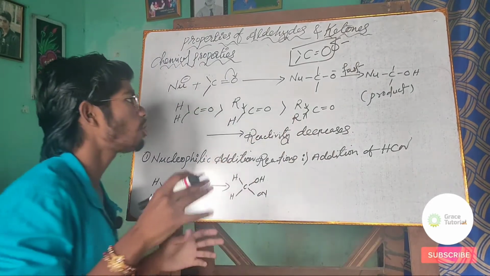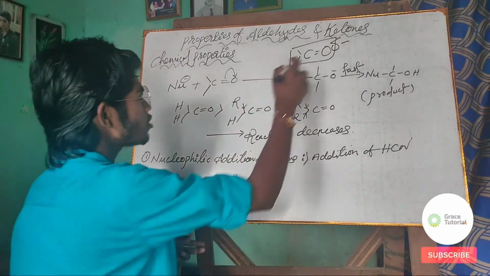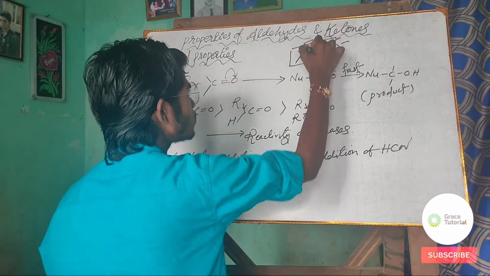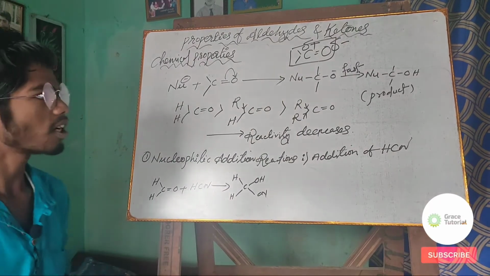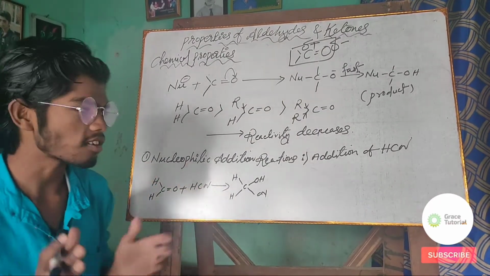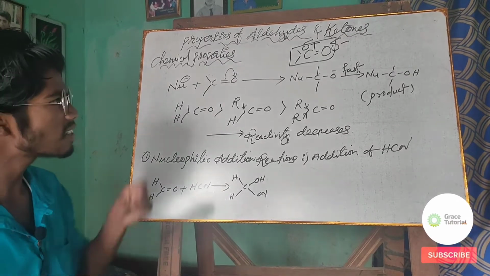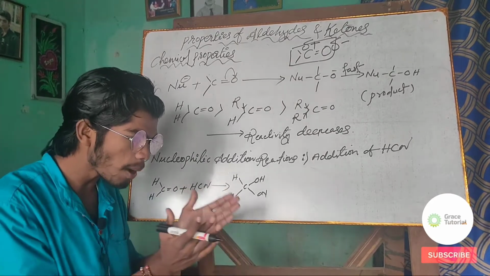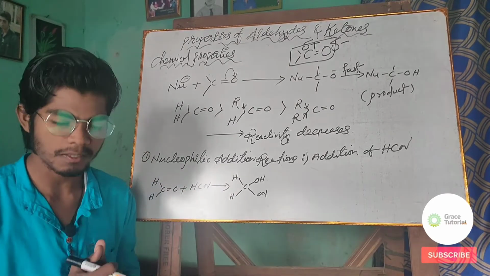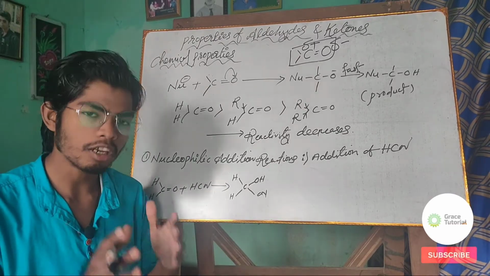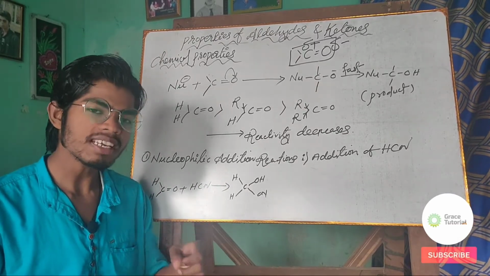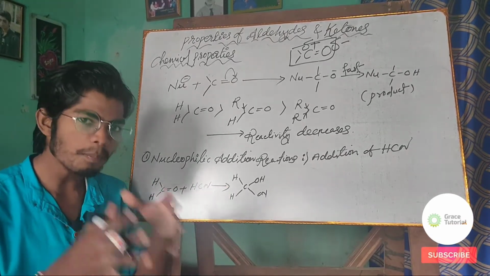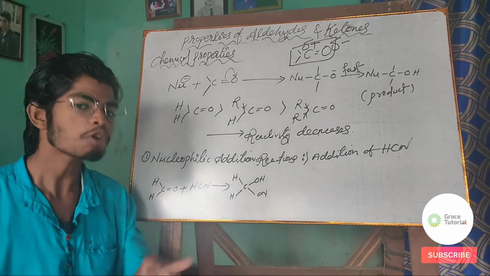As a result, a slight negative charge is created on the oxygen atom. Similarly, the carbon loses a share of the electrons, so a slight positive charge is created on the carbon atom. That means the polarity increases, and this is a polar compound. So we had to discuss initially what we mean by polar compounds and non-polar compounds. The compounds are said to be non-polar if the electrons are equally distributed between the two atoms. On the other hand, the compounds are said to be polar if the electrons are not equally distributed between the